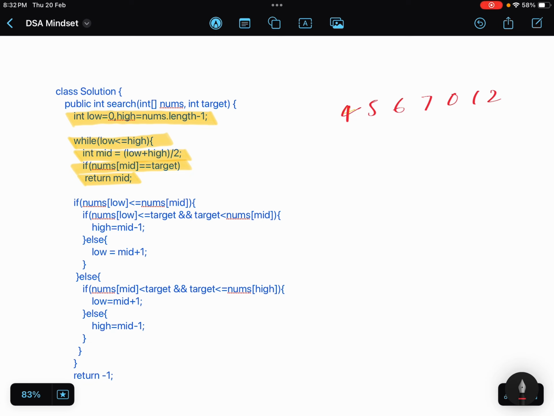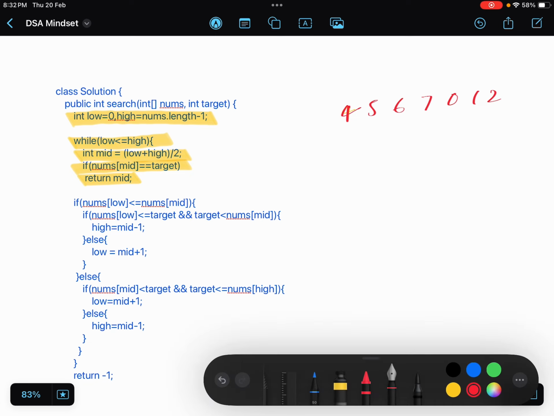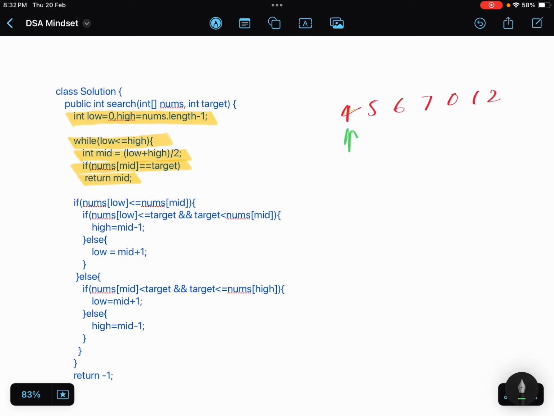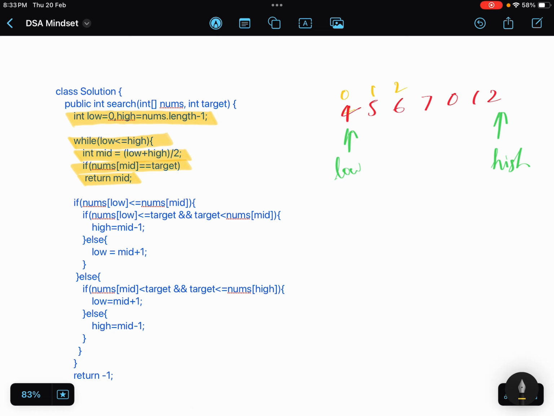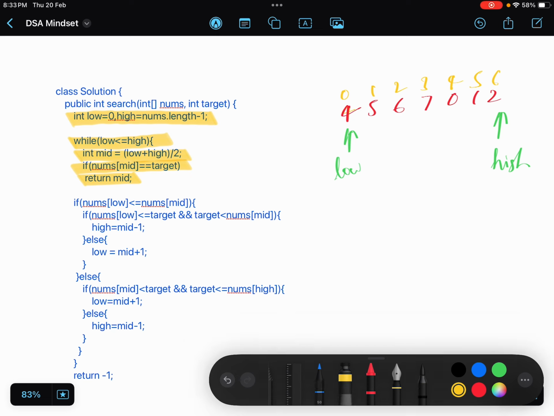Here we have low, and this is high. Let's index it also: 0, 1, 2, 3, 4, 5, 6. If we try to find the mid,